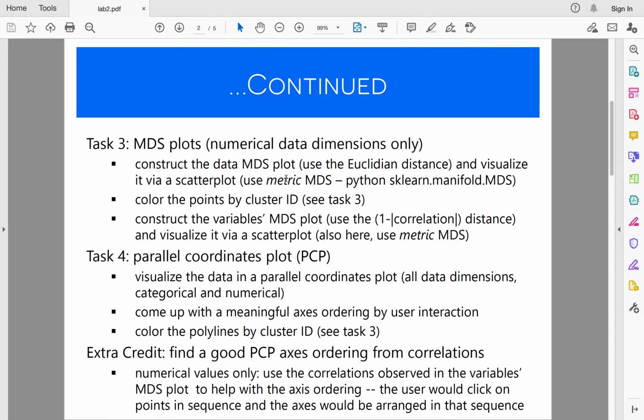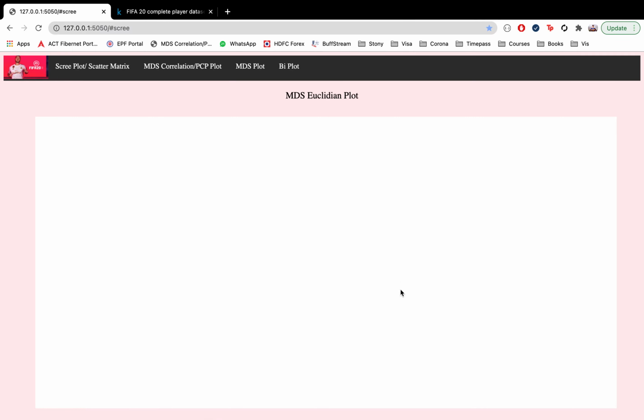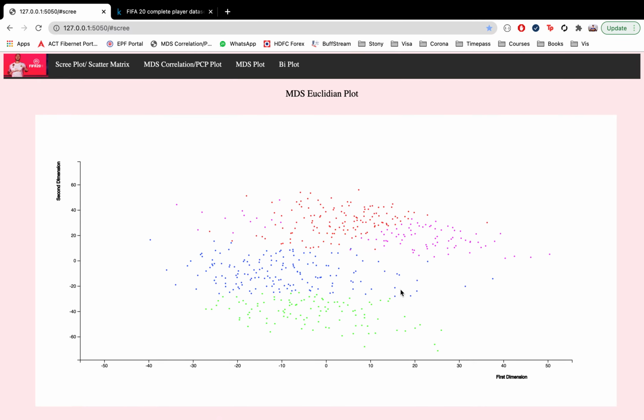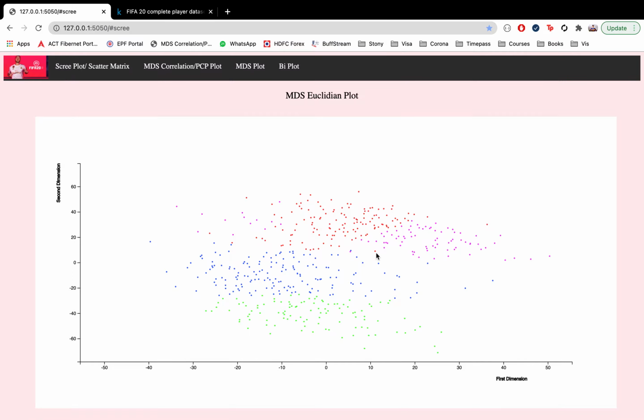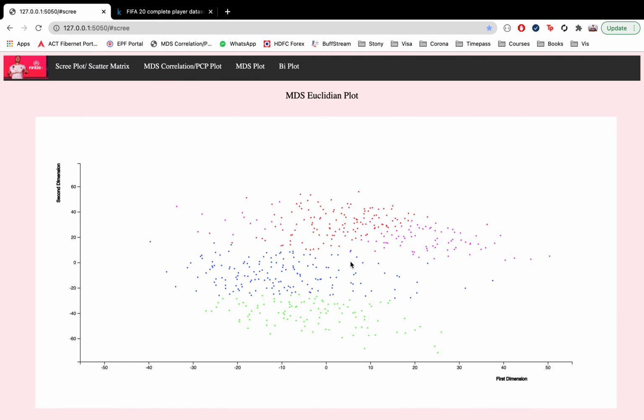Here we are asked to consider an MDS plot first, using the Euclidean distance, and we are told we can use these libraries. So for the MDS plot using the Euclidean distance, I've loaded it with 2 components to show it in 2 dimensions, and I loaded the entire data set, which is around 600 points right now. I used the Euclidean distance, which is the default feature of the MDS component of this library. I plotted the output points and showed them on these two dimensions.